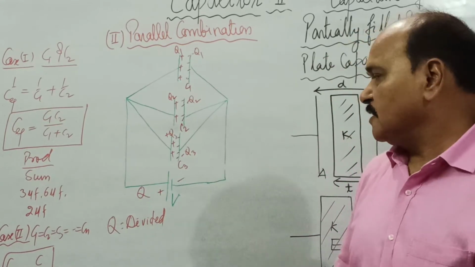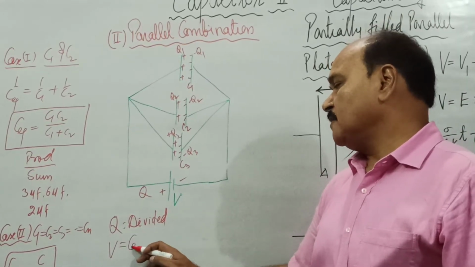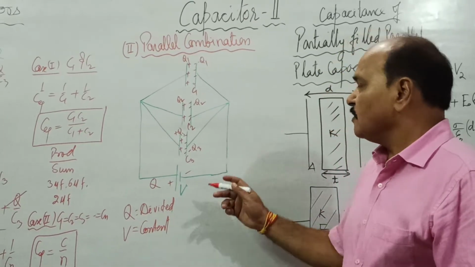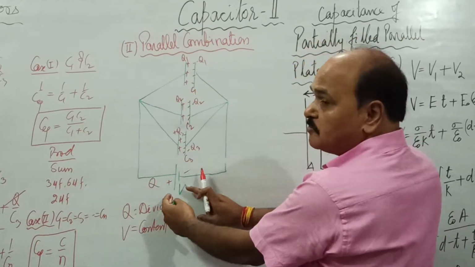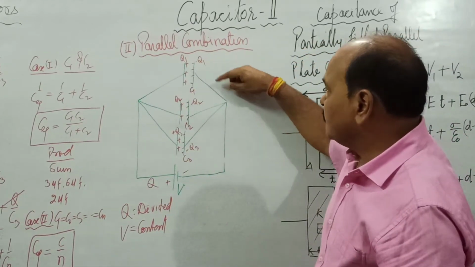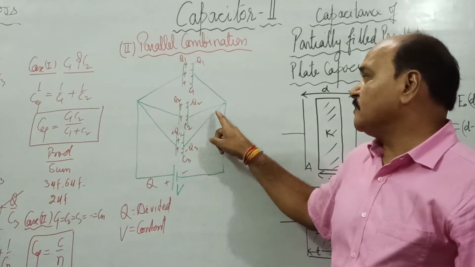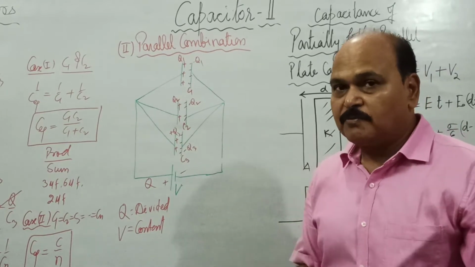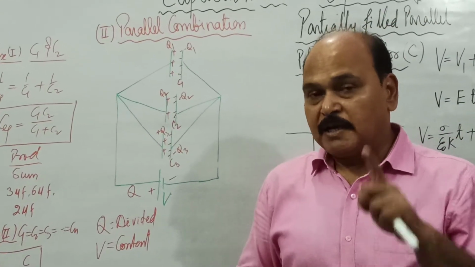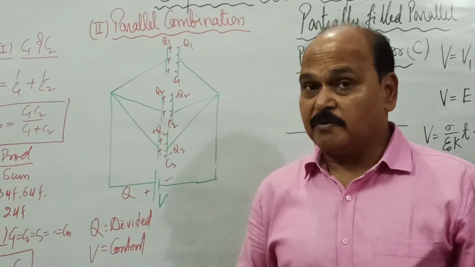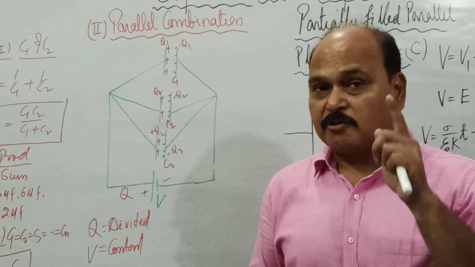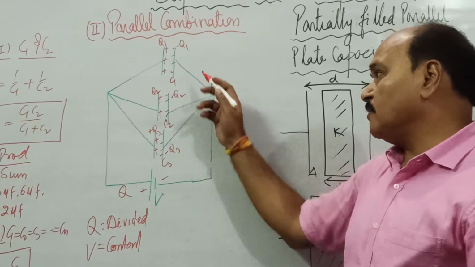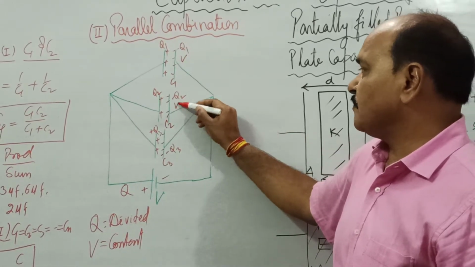What about potential difference? Potential difference across all the capacitors remains same or constant. Why does it remain constant? Because all the capacitors are connected individually across the same source. See, the 2 terminals of this capacitor are connected across the same battery. The 2 terminals of this capacitor are also connected across the same battery. These 2 terminals are also connected across the same battery. So all the devices connected in parallel across any source get the same value of voltage that you are already familiar with. All the electrical connections at your places, in your home, they all are in parallel combination. So V across all the devices is same. V potential difference here, potential difference here, potential difference here.